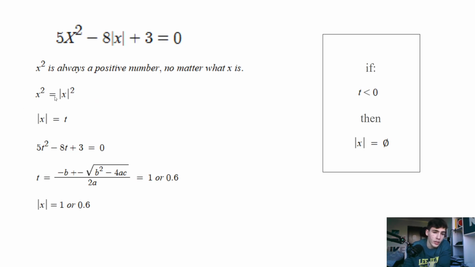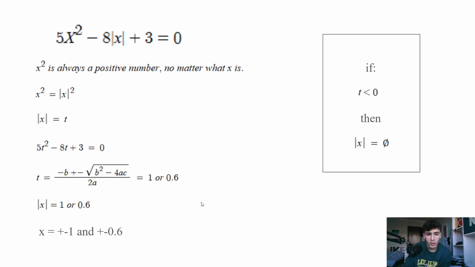So x squared is the same as the positive value of x squared, and we let the absolute value of x equal t. So now it's going to equal 5t squared minus 8t plus 3 equals 0. And we can just use the quadratic formula to find that t is equal to 1 or 0.6. And the absolute value of x is 1 or 0.6. From this, we can simply say that x is equal to minus 1, 1 or minus 0.6, and 0.6, because this is just the absolute value of something. This isn't the solution. So yeah, x equals plus or minus 1 and plus or minus